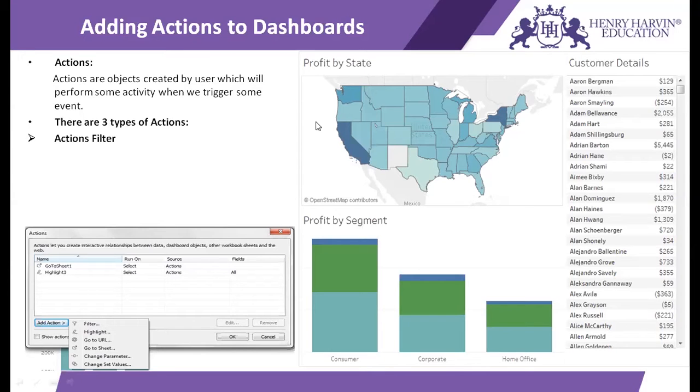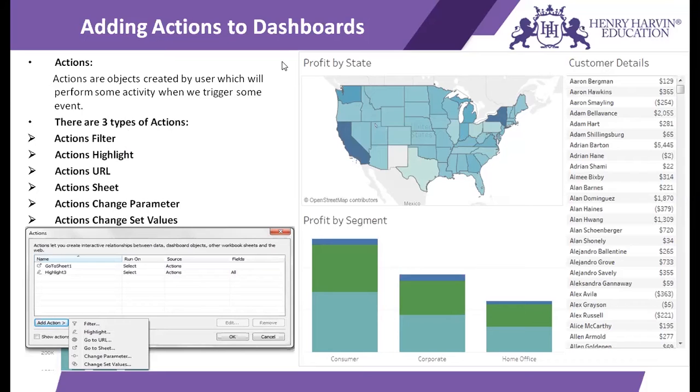The first three are the ones available in Tableau version 9, but in Tableau version 10, these three more have been introduced. So we'll see filter actions in the form of filters, highlights, URLs, go to sheet, parameters, and change set values.